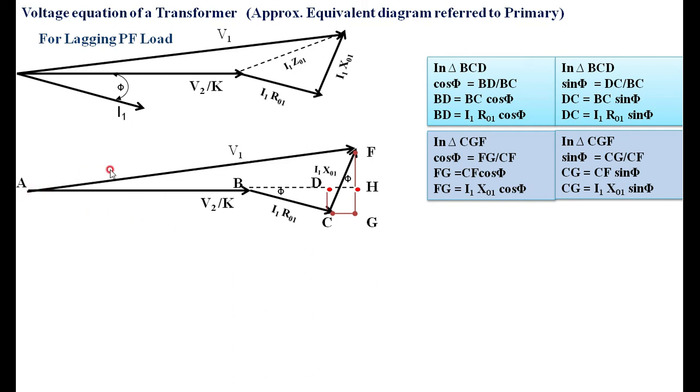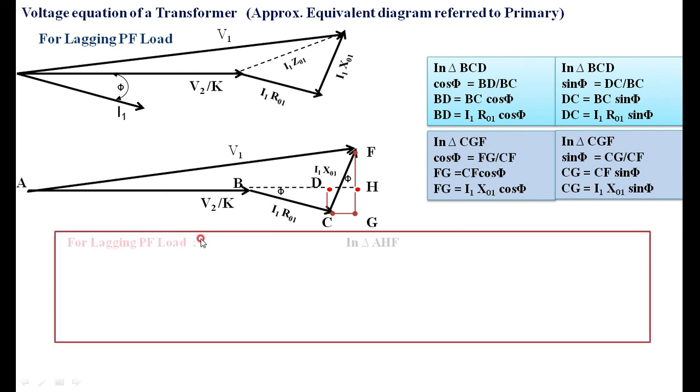Now what I want is AF, that is nothing but our voltage V1. If you look, this is a right angle triangle. In this right angle triangle, V1 square is equal to AB plus BD plus DH whole square plus FH whole square. I will write this here for the lagging power factor load. I am taking the triangle A